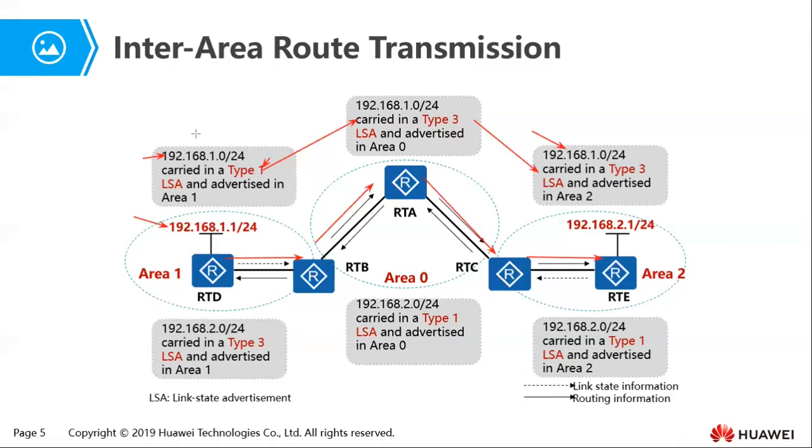What you're supposed to know here is that a type 1 LSA, when advertised in another area, will be converted to a type 3 LSA. And a type 3 LSA is what we call the network summary LSA. Okay, so let me show you the other way around. So similarly,